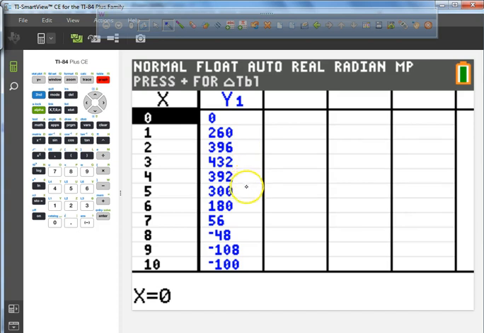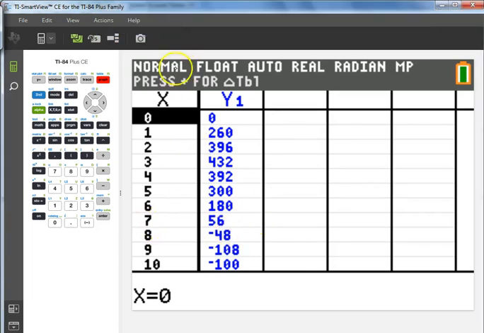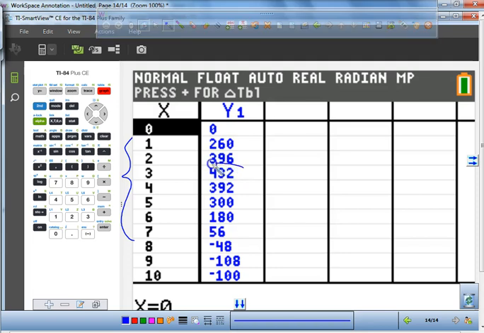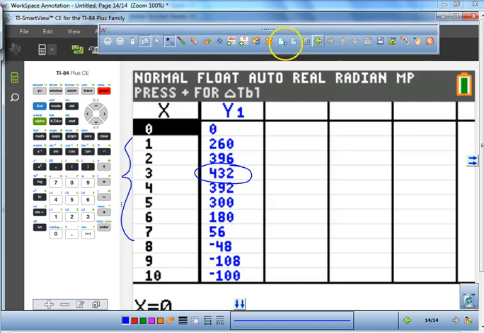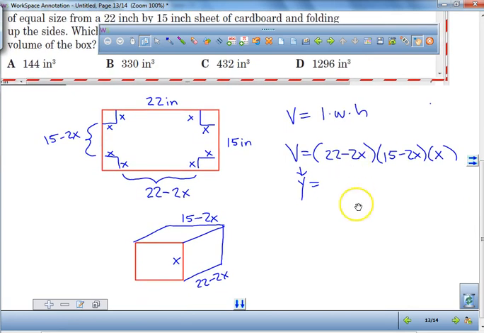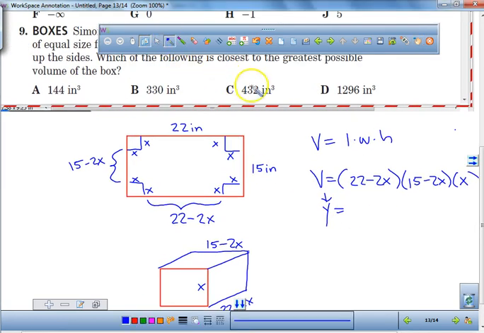It starts going what? So eventually, guess what? You got to stop cutting because otherwise. So basically, what are you allowed to cut? You're basically allowed to cut from what? From 1 all the way to what? 7. And what's the maximum volume you could have? Now, so the maximum volume is